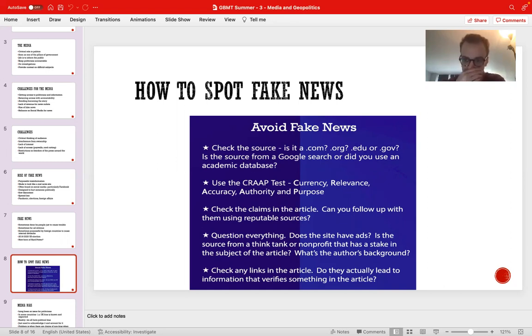So I would recommend using the library databases for your research. Academic articles or recognized reliable news sources would be the strongest ways to back up your claims in your assignment. You can also use the CRAP test. So currency, relevance, accuracy, authority, and purpose. If any of these aspects seem to jump out at you while you're reading, if you're wondering what the relevance or the accuracy or the authority of who's speaking is, you might not wish to use this site as an authority. You can verify information to see if this claim is supported by other news sources.